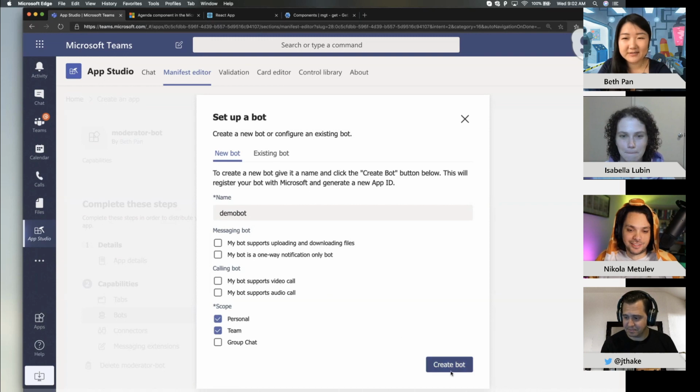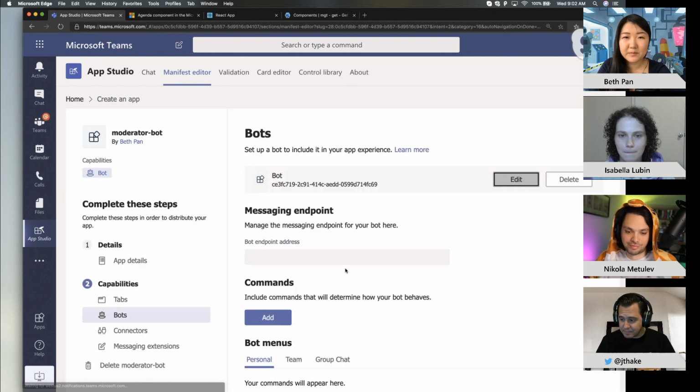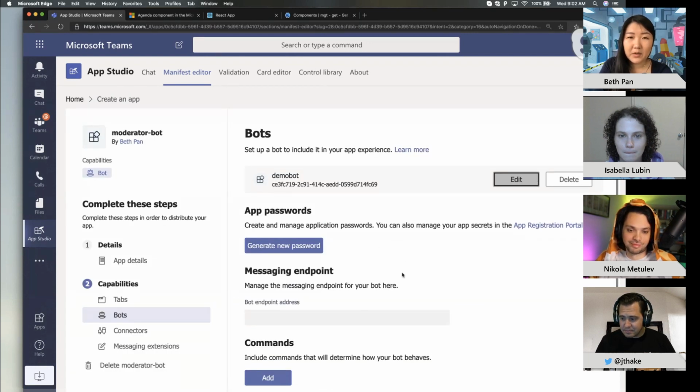So if you guys see any questions in the chat window to show any of the details, just let me know. So now it's going to provision this bot for me right here inside of App Studio. Takes a couple minutes. This is an important step where in the background your bot is actually registered with the AD tenant. So it's giving you the AD app ID. You're going to want to copy this, go back to your